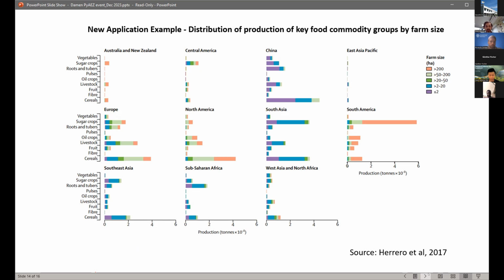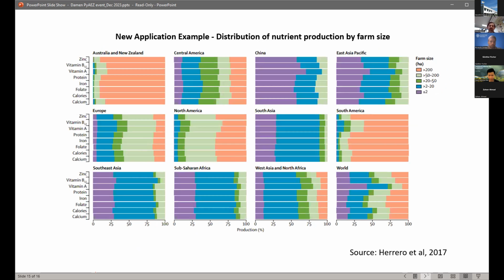You can see here, if you look at the darker colors, the purple and the blues, farms less than 20 hectares. You can see here that they tend to dominate in terms of global production of different types of food crops. And this translates into actually the situation where smallholder farmers also produce a majority of the nutrition consumed globally.